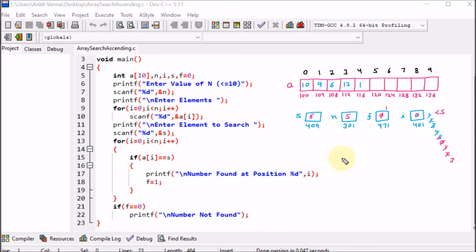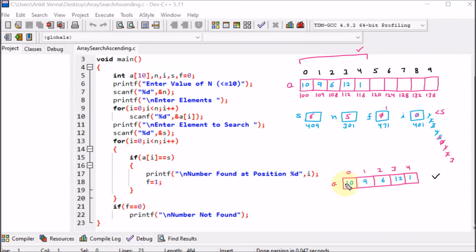Now we are going towards the second part of the program, in which we are going to arrange the elements into ascending order. Here I am assuming that these are the elements given by the user. Now these elements need to be arranged. First of all, we are understanding the logic. I am making the same array, so we are taking the same array for example.